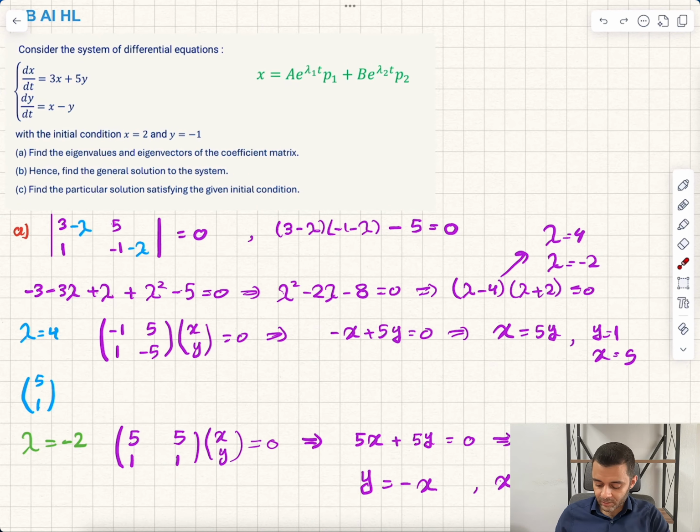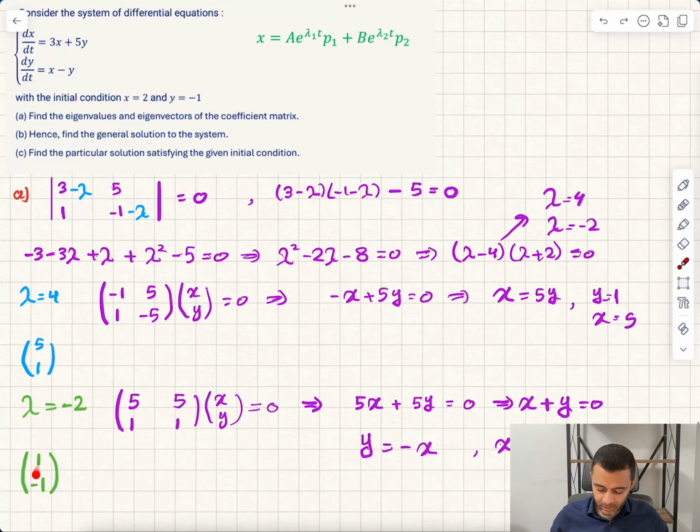When you expand, it's enough to multiply 5 in x and 5y here. So you get 5x plus 5y equals 0. If you divide by 5, x plus y equals 0. Move x to the other side, so y will be negative x. If you replace x by an optional number 1 here, then y will be negative 1. So 1, negative 1 would be the eigenvector corresponding to this